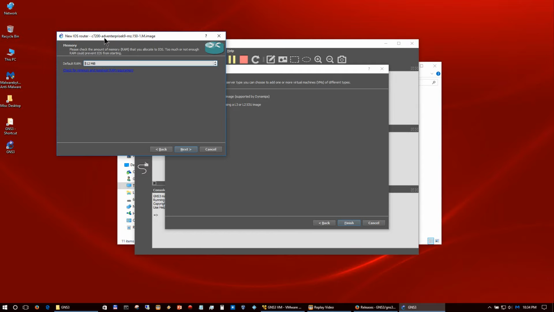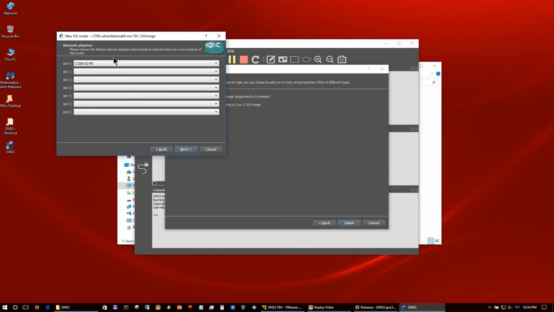If you have a different image than this, you may want to go ahead and click here, and it'll take you to Cisco's website, and you copy in your full image name. I think you have to change it from .image to .bin, and it will show you what the correct RAM is for that iOS. Once you have that, you can come back to this and plug it in